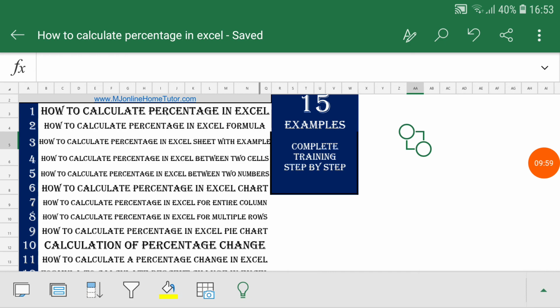It will be very useful for you, and you can work anywhere. If you are traveling, you just open your cell phone, use this application and work wherever you are, and you can submit your report from anywhere to your boss, your concerned department or your customer.